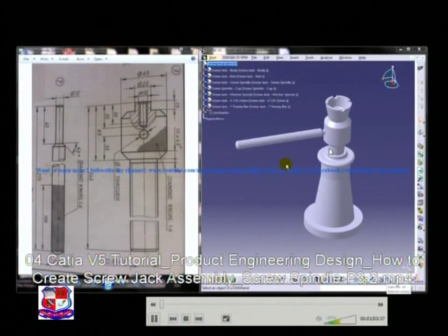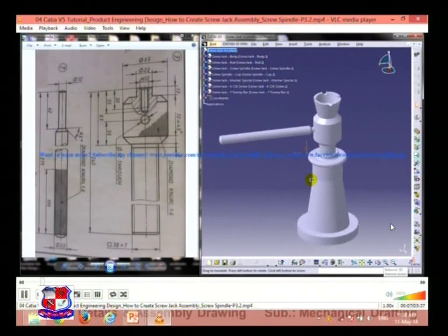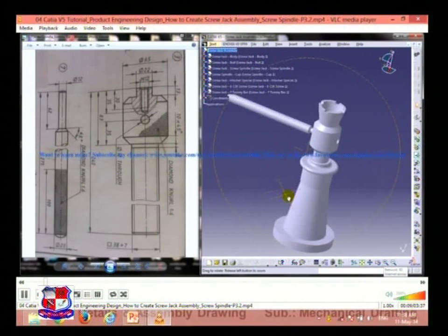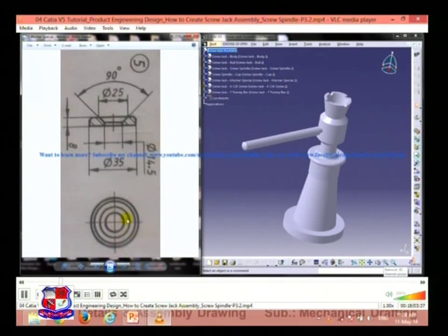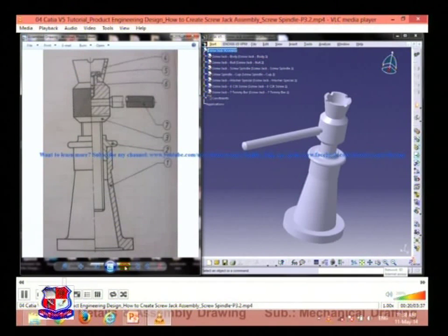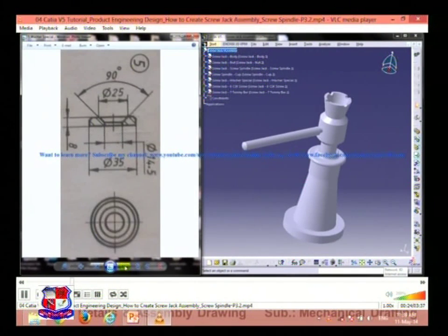Hi friends, this is Mohammed Shakil here, and in this tutorial I'm going to show you how you can design a screw jack in CATIA V5. On the right side you can see the completed design of the screw jack, all of the parts assembled together, and on the left side you can see the different parts and the different dimension drawings which are required to complete the screw jack design. So in my last part of the tutorial I was designing the